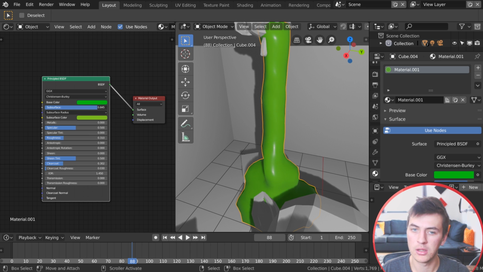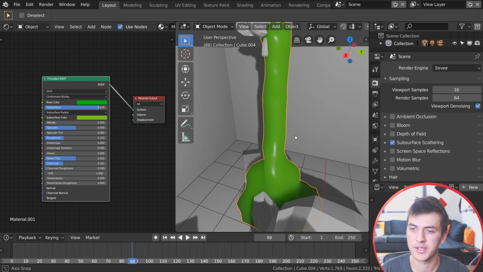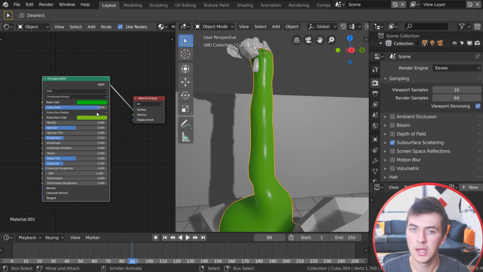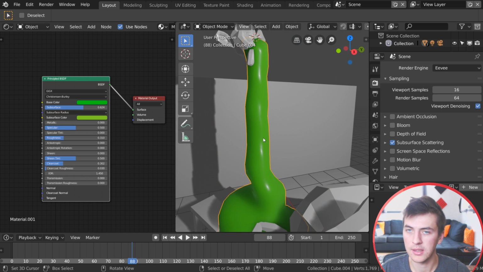You'll see it change a little bit, but not a whole bunch until we go up here to our render settings, and we have to choose subsurface scattering right there. That allows subsurface scattering to work within Eevee, and you can see that starts to look a lot slimier. Again, you can control the amount then right here, whatever looks good. Somewhere around the middle, I think about a 0.6 looks pretty good,